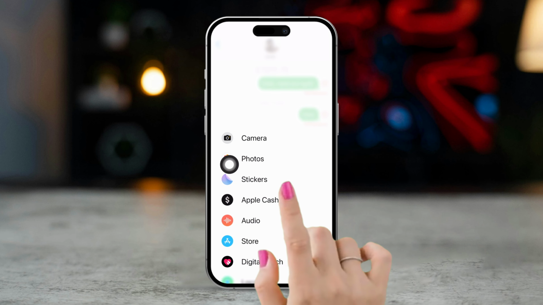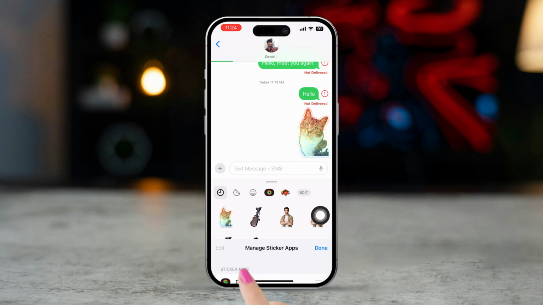First, choose a recently added sticker. Tap on the live sticker you want to send. It will animate as it's sent. And that's it. You've successfully added a bit of fun to your